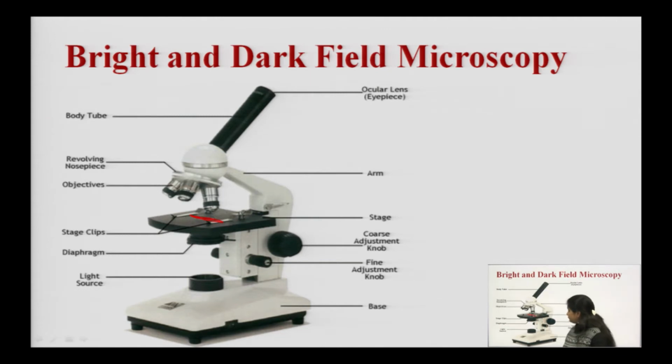These are the various parts of a simple microscope. If you have seen one in the lab, this is a simple microscope. It has a light source. A normal bright field microscope will not contain any light source. You have to see under sun rays, or you have to find a space where you can keep your microscope and sun rays pass through the specimen. But the advanced version was the bright field microscope, in which a light source was attached.